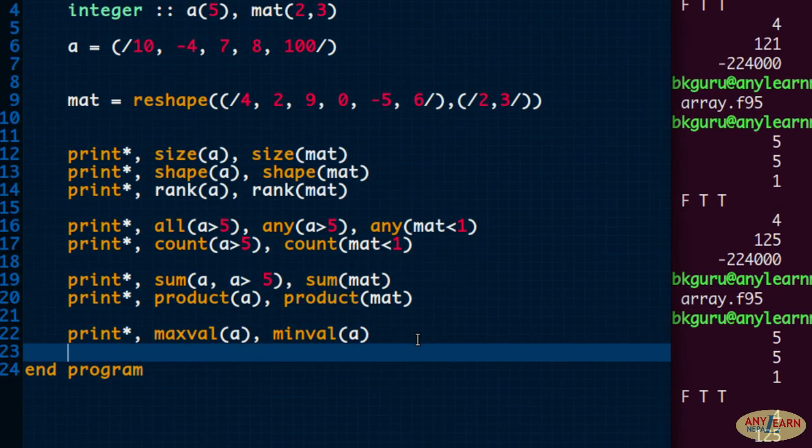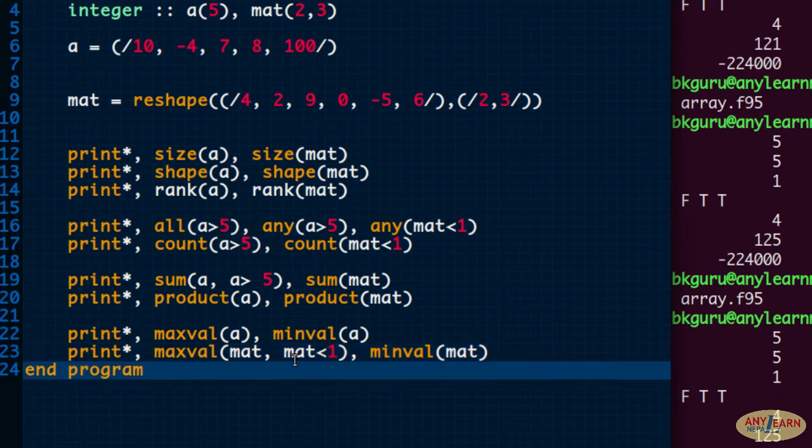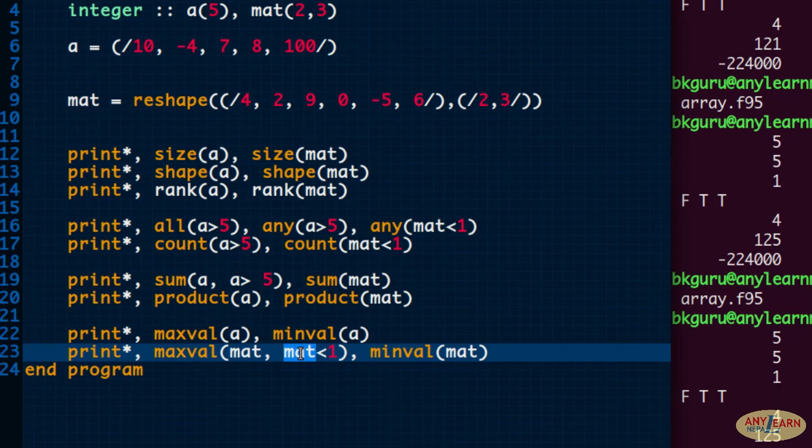So you can do that as well, and I can do it for a 2-dimensional array also, minval, and let's say mat, and we can provide the mask here also. So I will say if mat value is less than 1. I want to check the maximum number of the mat array of only those elements which are less than 1.